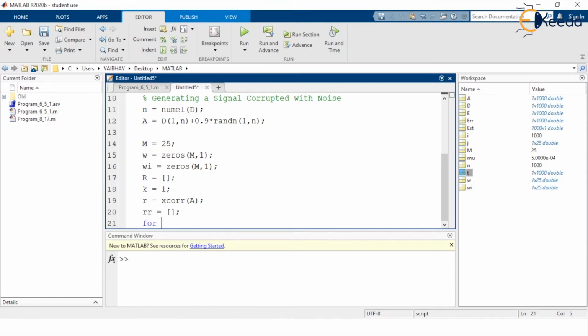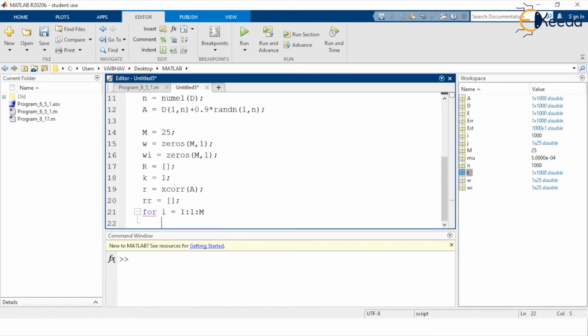So for this for loop we have the index variable I defined to start at the value 1 with the interval of 1 up to capital M here, and inside this for loop the variable RR of I will be computed as small r of n minus I added by 1 here.